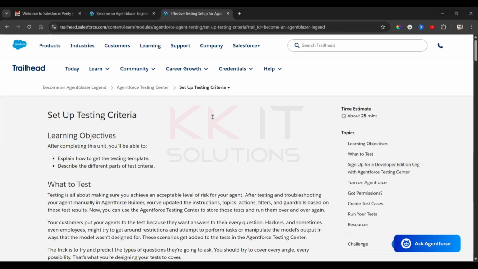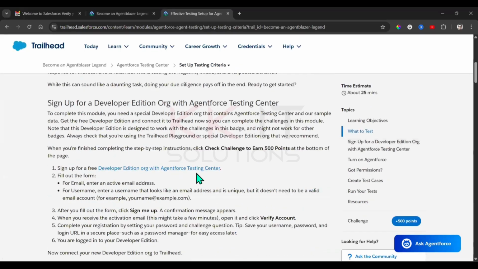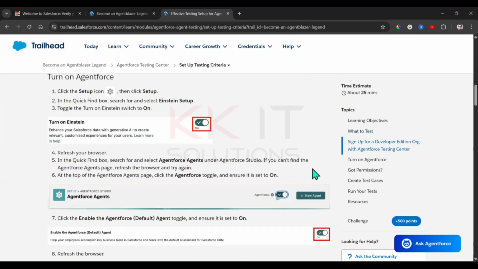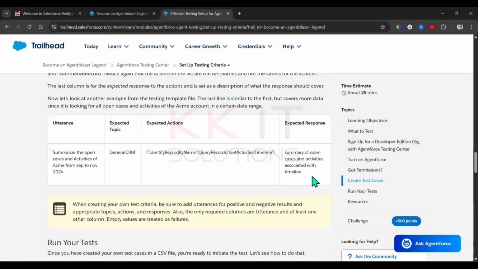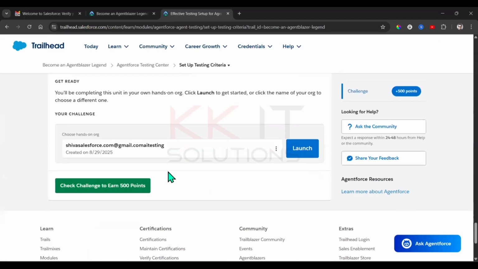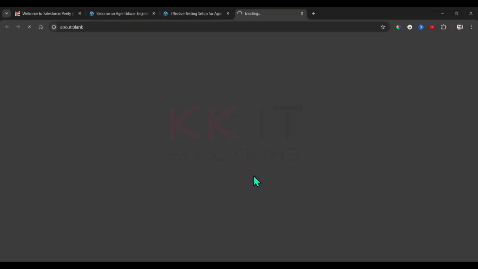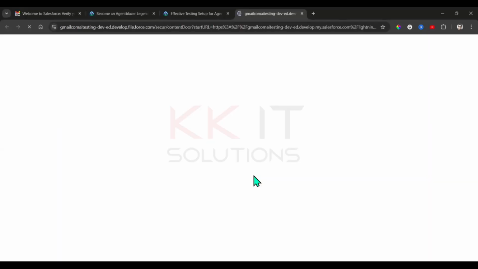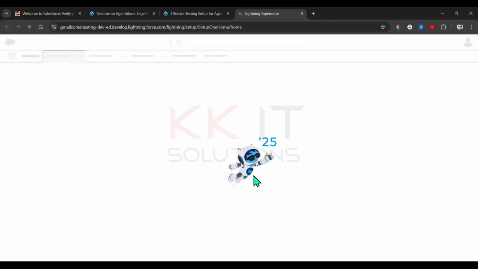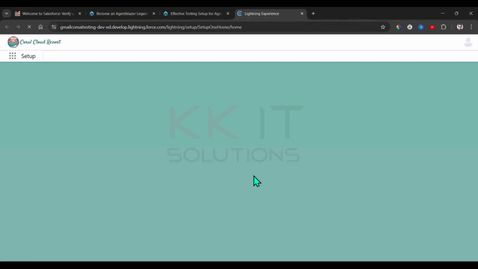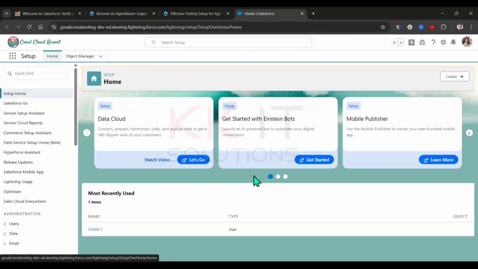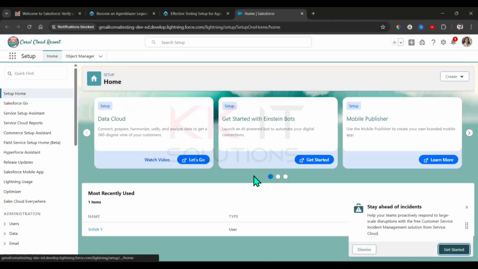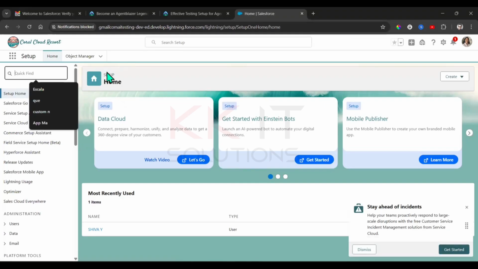For the next unit, what do we have to do? We need to create an org. I already created that org. Once you have created the org, connect your playground, done. Then you can launch that. Done. Next. Once you launch it, first, what we have to do is go to the top left quick find